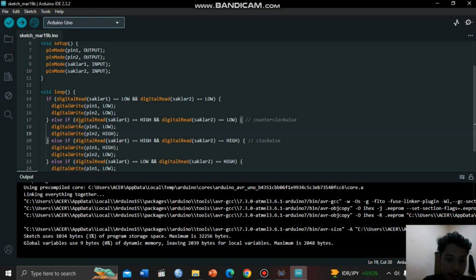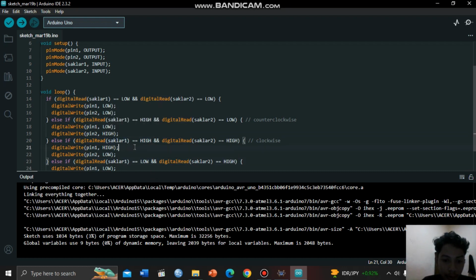Then this program means that if A0 is high and A1 is low, or the switch is on and the CV or CCV switch is off, then the DC motor will rotate counterclockwise or CCV.